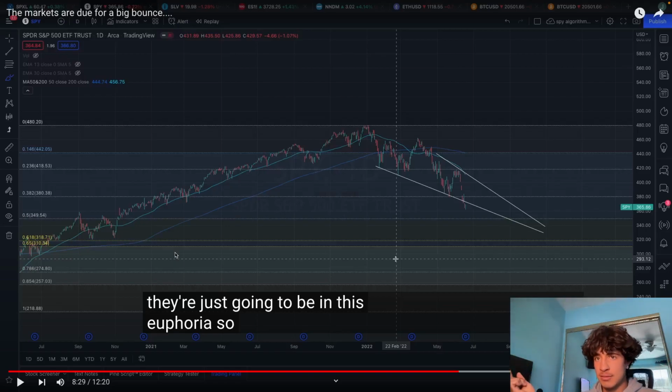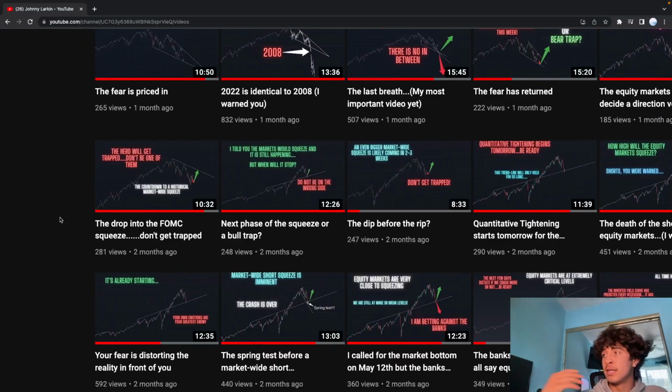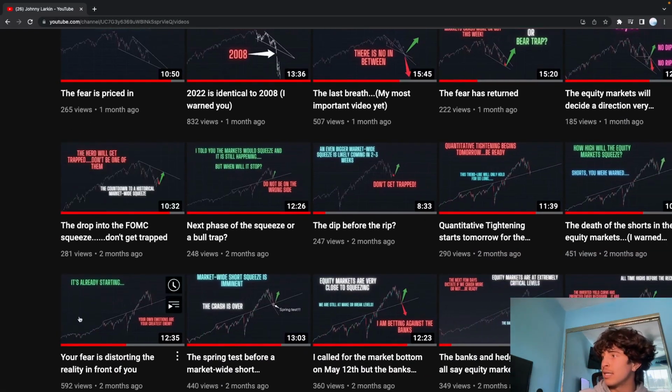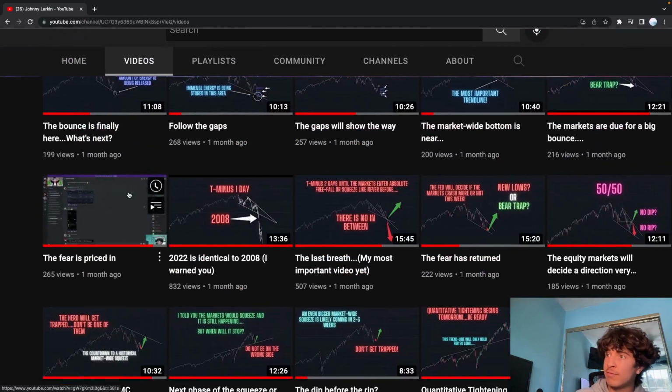So this was a month ago, when we were at 365 where I bought, and this is me explaining, once this move happens, the sentiment is going to change, and you're going to want to be cautious at this level, because everyone is kind of somewhat lost. And I'm going to show you another thing. This is also, you can just see from my thumbnails, I was like, it's over, the drop is over, fear is priced in,